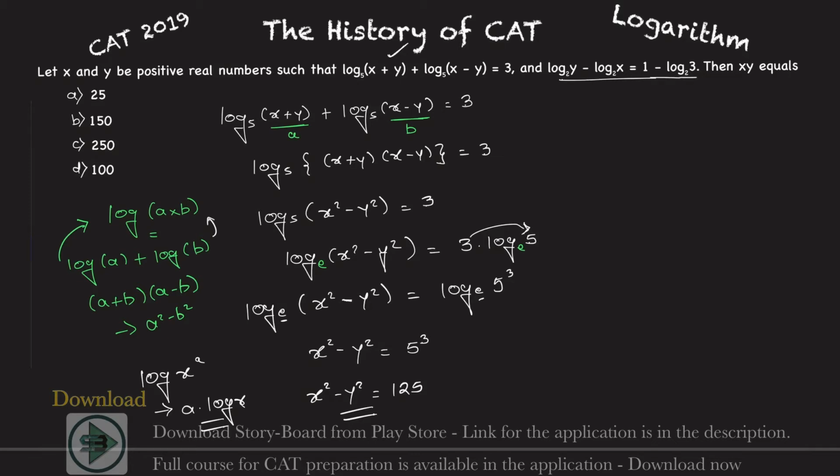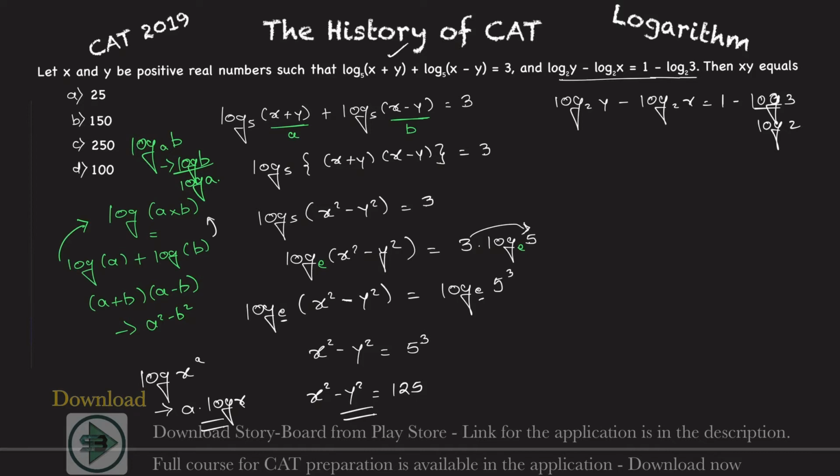So this is log to the base 2 of y minus log to the base 2 of x is equals to 1 minus log. So I can write this as 1 minus log 3 upon log 2, right? I am writing this base. If you know the formula of log, I hope you know that. Log to the base a of b is equals to log of b upon log of a. Right, this is something that we are supposed to know. So that's what I did here.